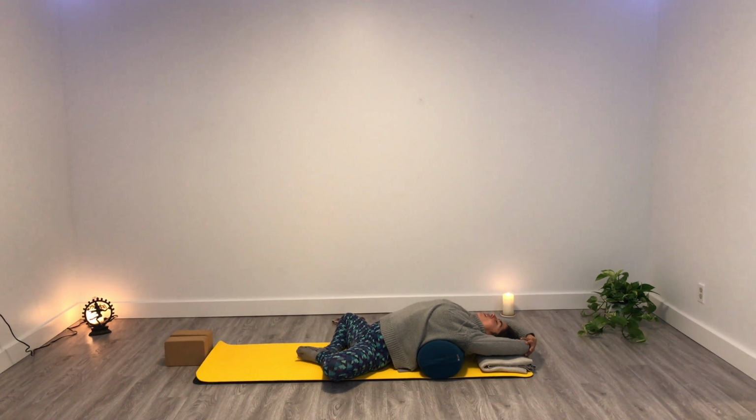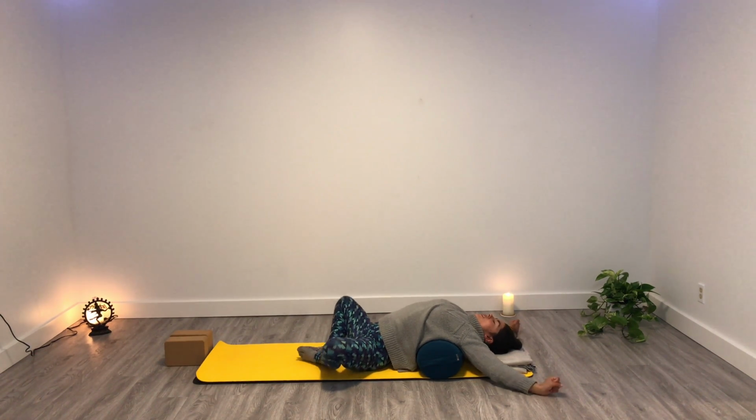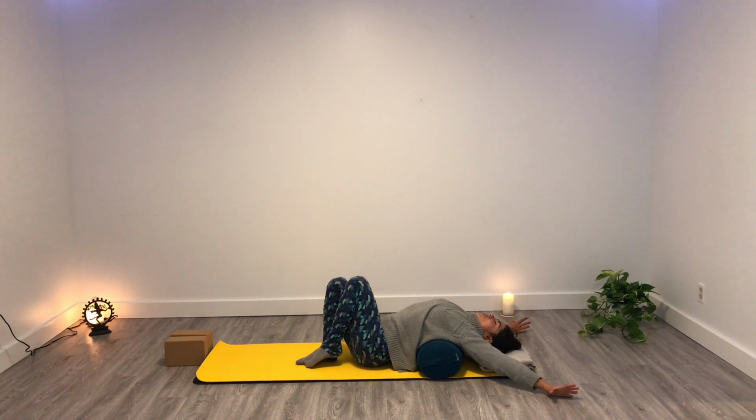Take a big breath in to every corner of the body and let it go. Inhale. You can open the arms to the sides and move your face from side to side if it's okay for your neck. And gently bring